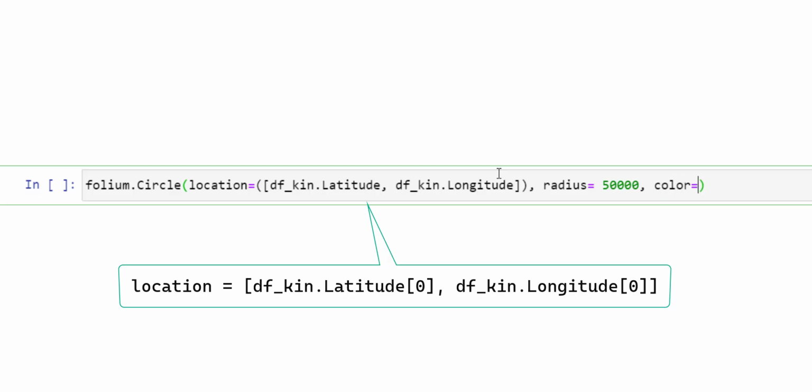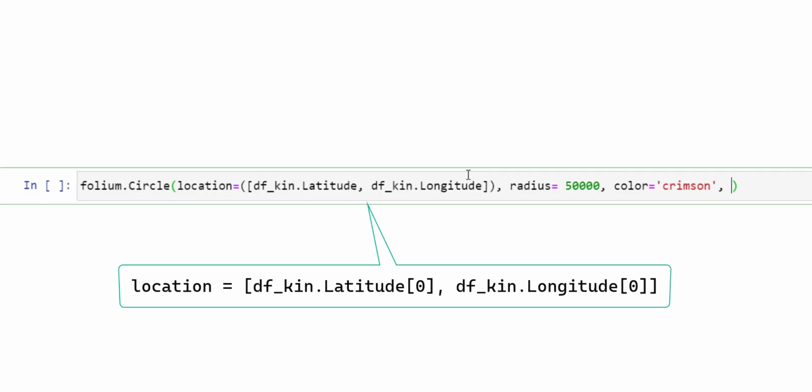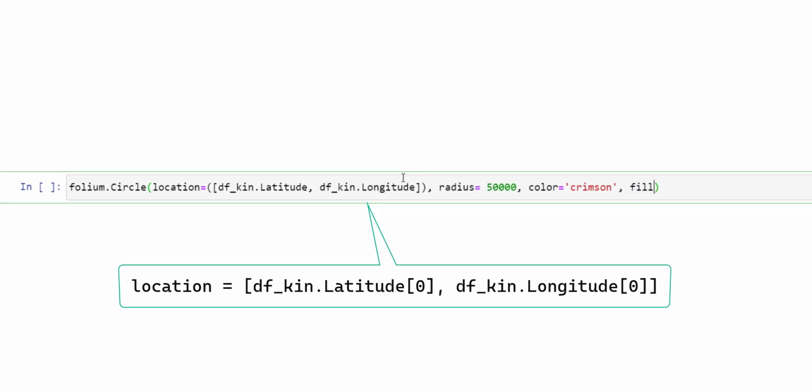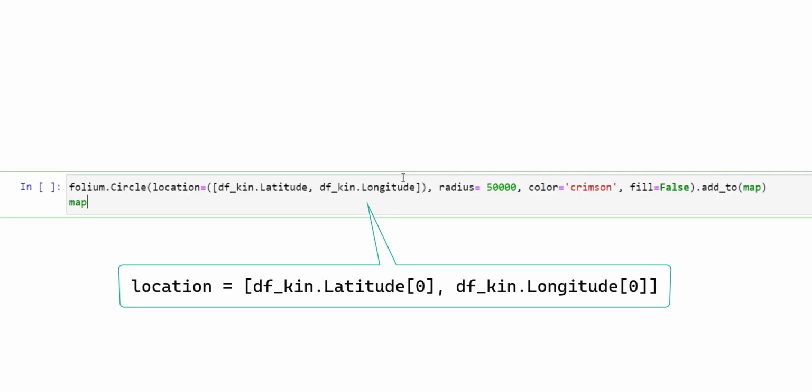Color is going to be, I'll use crimson, you can use red, black, doesn't matter really. Fill, there will be no fill color, so I will say false, and then after the parenthesis I'm going to add to map. This is kind of standard, you have to do it, otherwise it won't be added to the